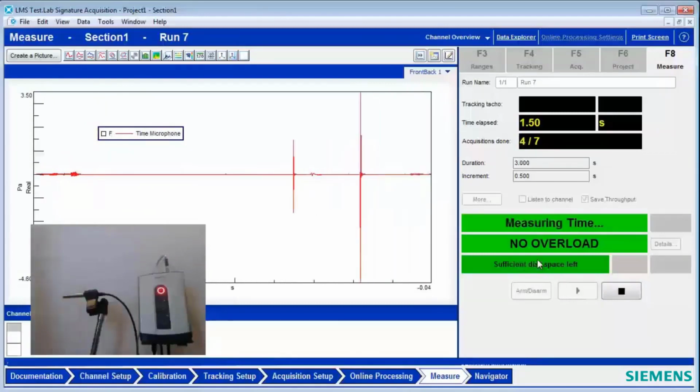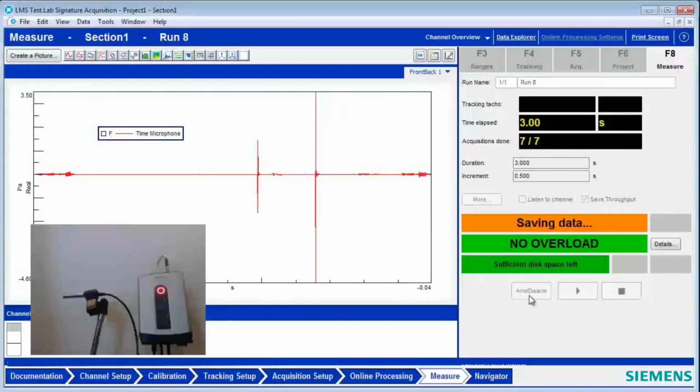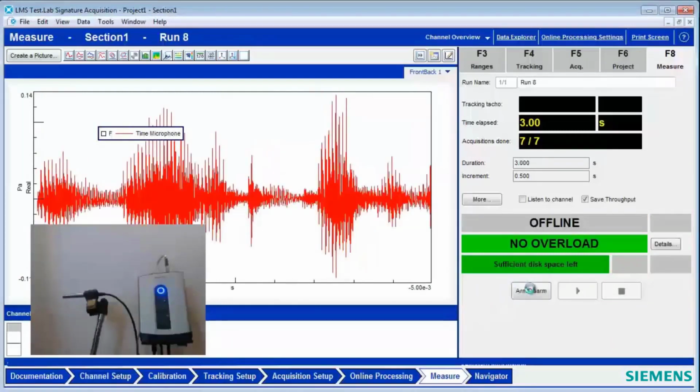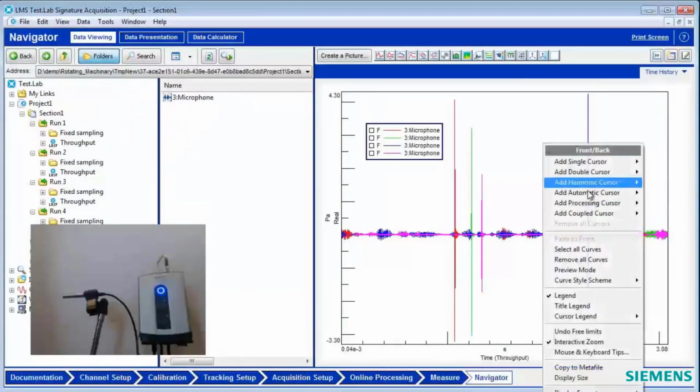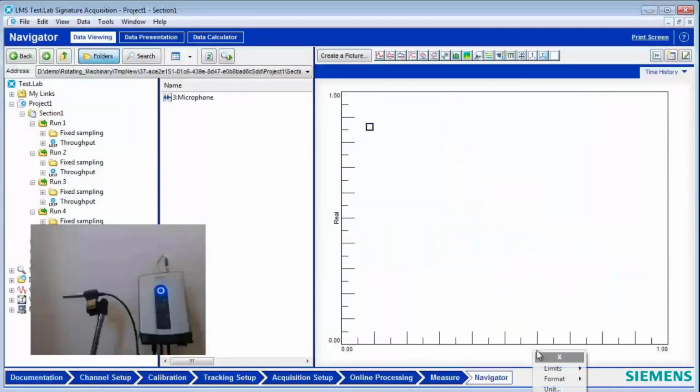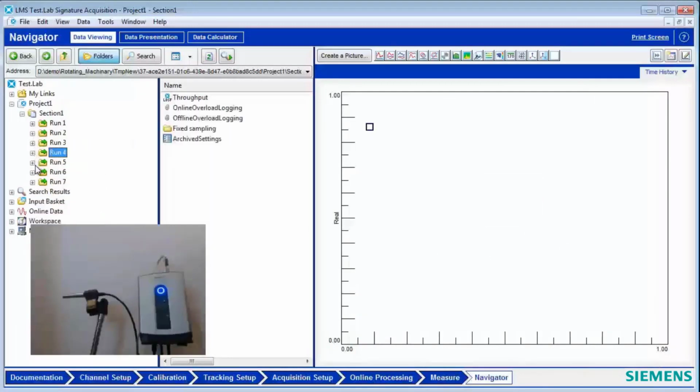Had to have a sufficiently high transient. And now we can take a look at these events and see how they compare in the navigator. So I go over there, I'm going to remove these previous curves, and we'll go to the next 3 runs. So we had 4 of them.